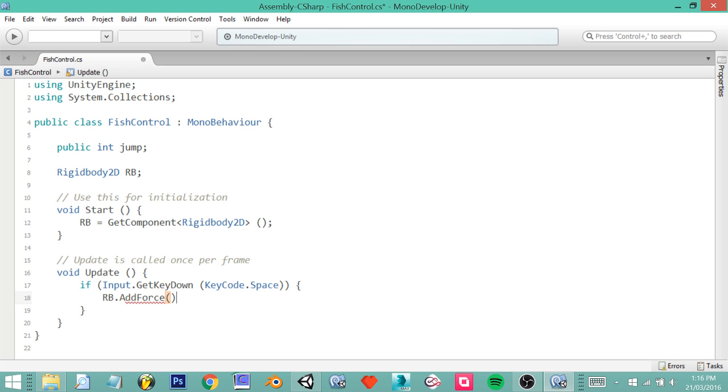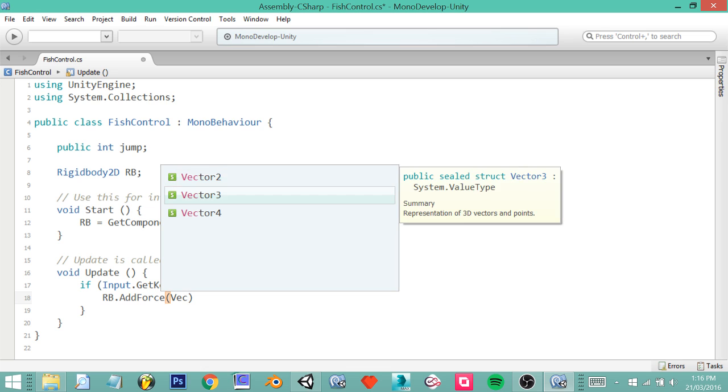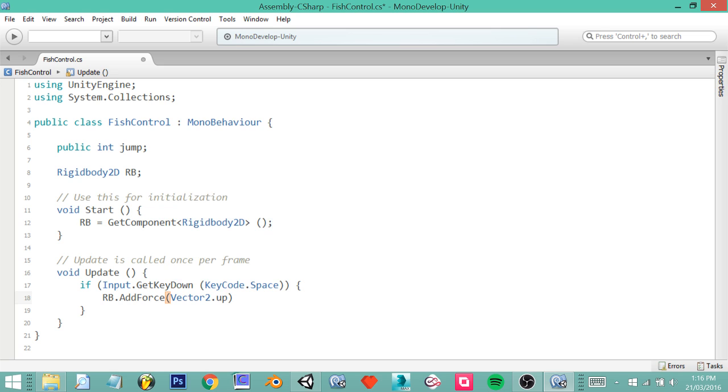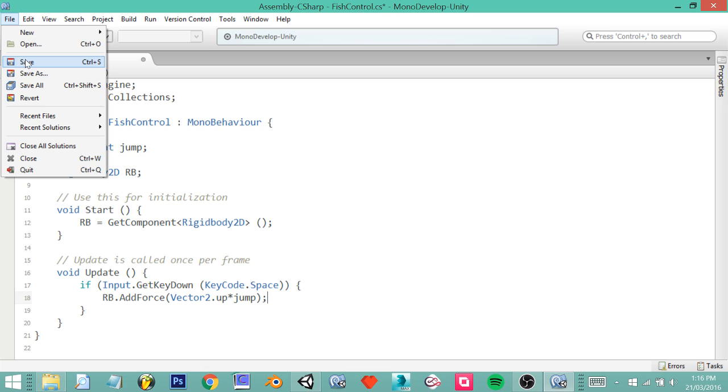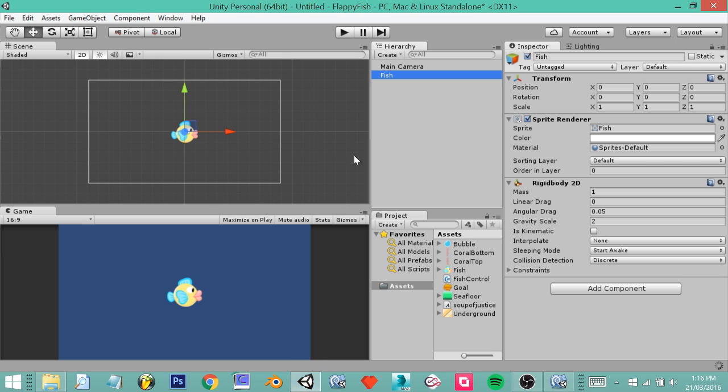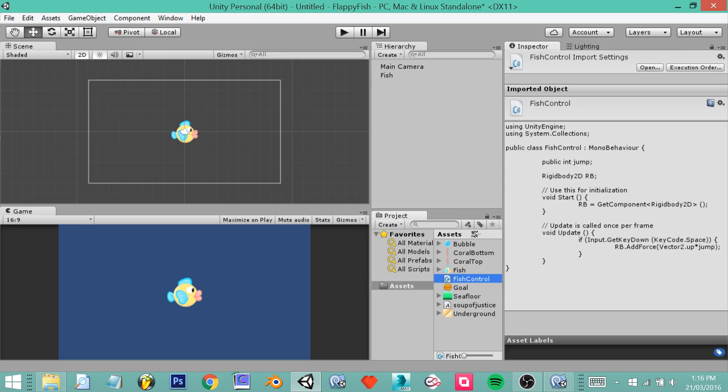Now we open the 9 0 brackets again, and we say Vector2 dot up times jump, and then at the end of that bracket you can just put a semicolon. Now the really important part is you've got to go up to File and click the Save option. Now when we go back into Unity, now that our script does something, we can drag it over to